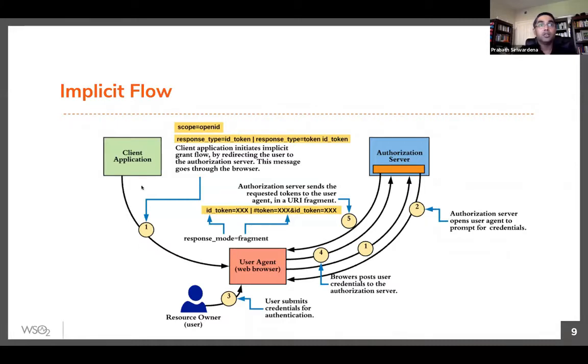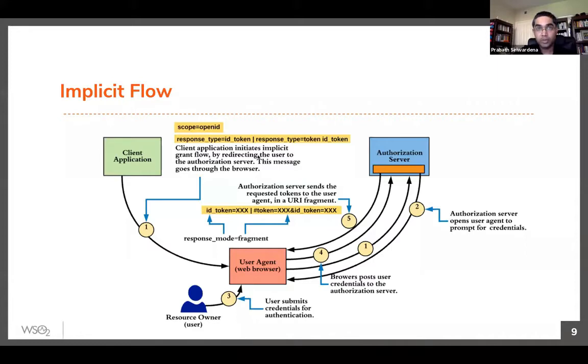Right? So you have the client application. You click on login, then the client application will redirect you through the web browser, the user agent, to the authorize endpoint of the authorization server. If you look at request number 1, once again, for any authentication flow in OpenID Connect, you must use openid as the scope. Then you have 2 options for the response type: either id_token, or id_token and token both. At a given time you should only pick one.